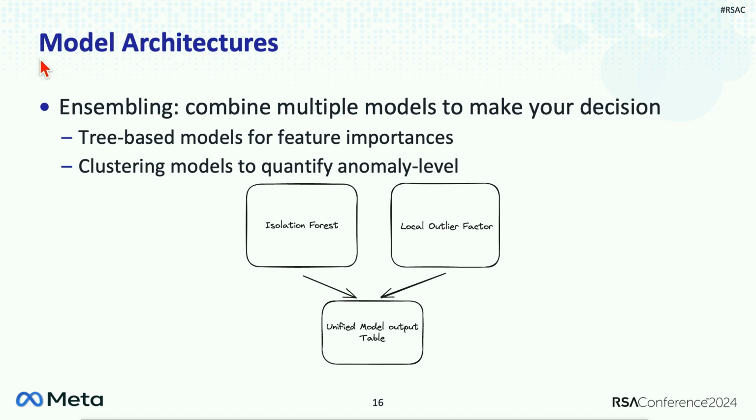And then, of course, you have your local outlier factor model, and roughly this will allow you to quantify how anomalous this activity is. The rule of thumb there is the bigger the number, the more anomalous. And specifically, both of them have to agree. What I also like to do is scale the local outlier factor value to be a floating point number between 0 and 1. Generally, as you get closer to 0, the more normal that value is, and the closer you get to 1, the more anomalous that value is.